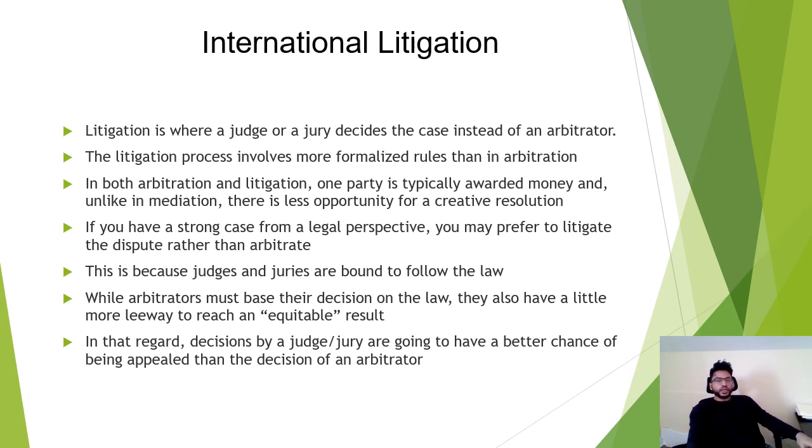Litigation is where a judge or jury decides the case instead of an arbitrator. Instead of having someone come in and be an arbitrator, two companies sign an agreement to say, okay, we're going to go into arbitration. Then that third party, the arbitrator, comes in and says, this is what's going to happen. It could be binding, could be non-binding. Litigation is where you have to go through the whole situation, with the court, the jury, all that stuff. It involves more formalized rules than arbitration. In arbitration and litigation, one party is typically awarded money, and unlike in mediation, there is less opportunity for